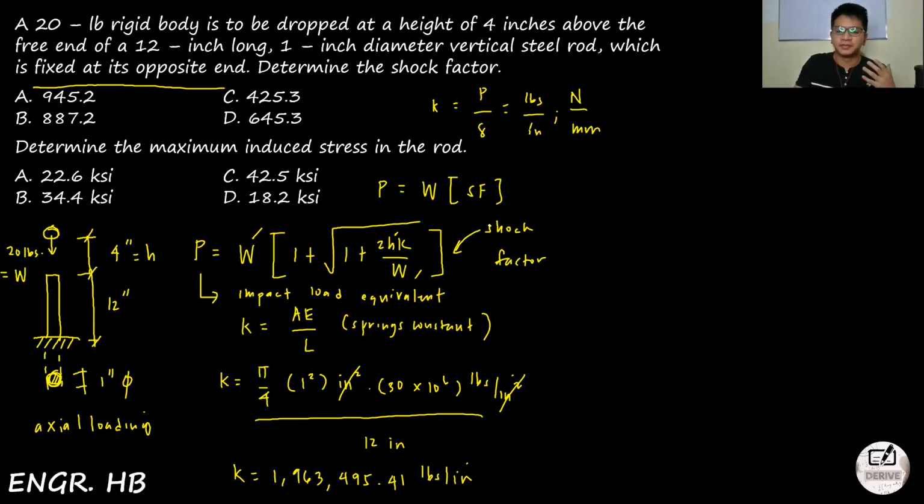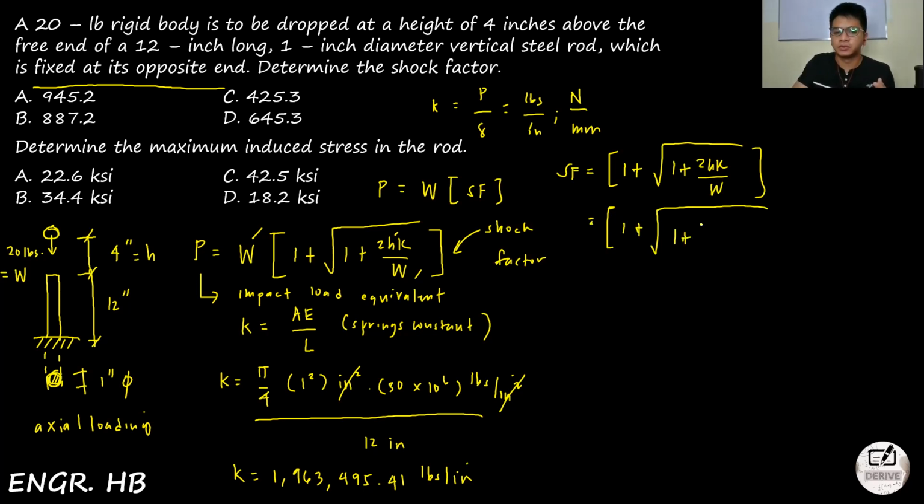So pwede na pala natin. So we're not going to include this P and W to get the shock factor. Why? Kasi nga ito na nga yung bracket, no? So ang gagawin na lang natin is shock factor is equal to 1 plus 2HK divided by W. So that will become 1 plus 2 times 4 inches, which is the H. Our K is in pounds per inch, so that will be